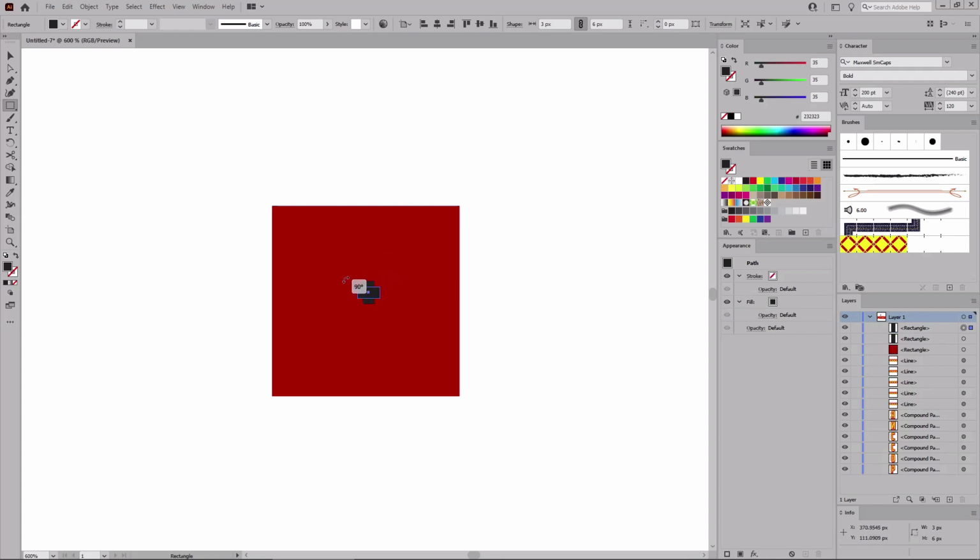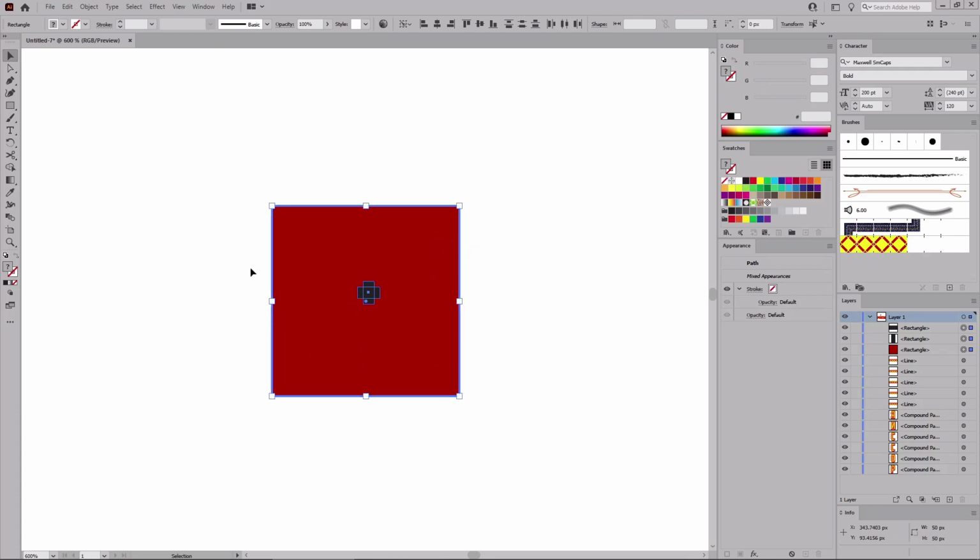Rotate the copy 90 degrees and then use the Move tool to select all these shapes. Click the red shape to highlight it, which means that these two shapes will align according with this red one. And then click these two buttons to easily move your black shapes in the center of this red square.